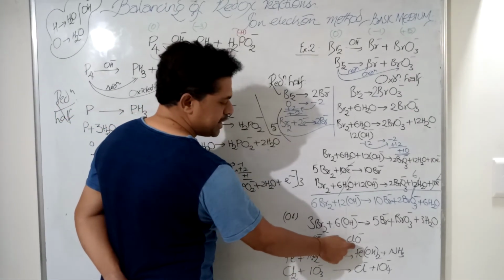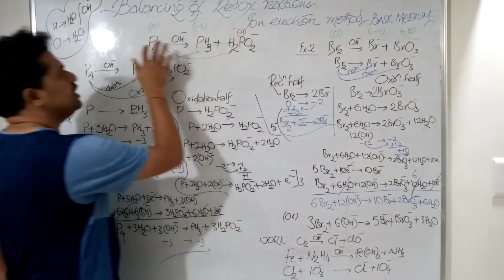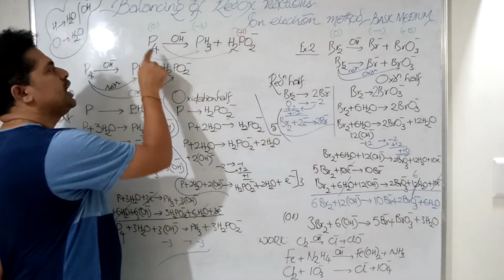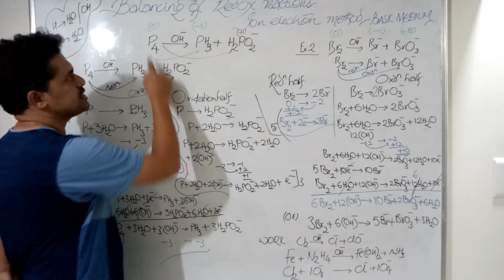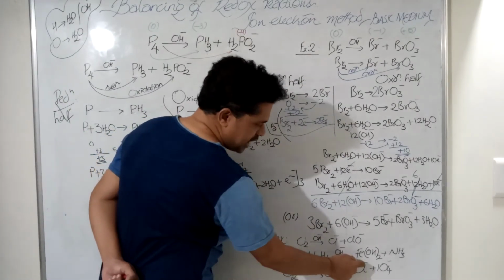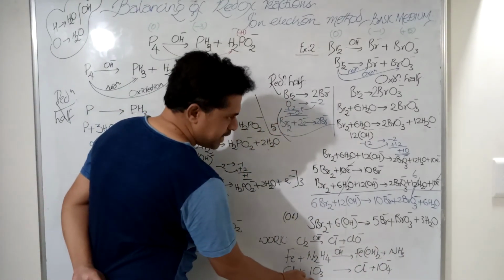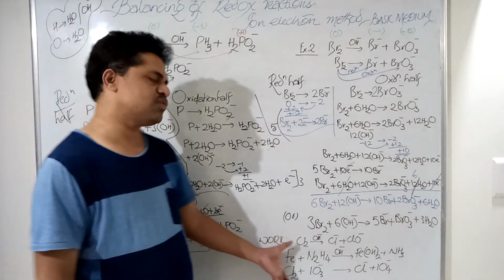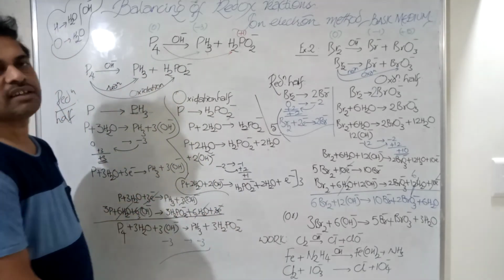Cl2 gives rise to Cl minus, ClO minus. Okay, this is also a disproportionation reaction. Now we were discussing in some other sessions about disproportionation. If same atom undergoes both oxidation and reduction, that is called the disproportionation reactions. These are all disproportionations. You can take it as an example: Fe plus N2H4, Fe(OH)2 and NH3. Cl2 plus IO3 minus, Cl minus and IO4 minus. Okay, now these three you can take it as work in basic medium. Just try it once. The number of electrons, and if you are going to make it correct, that's good.